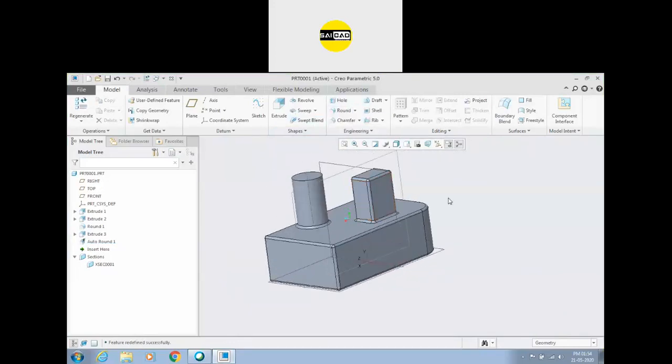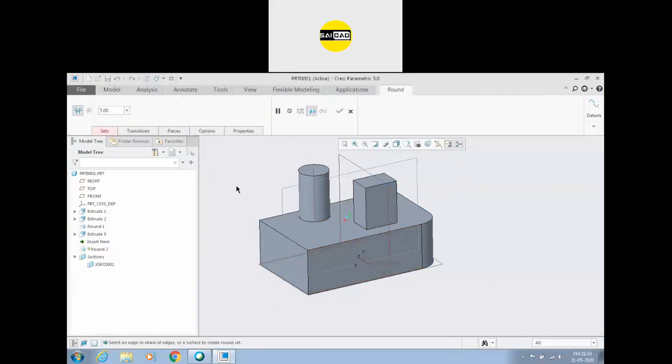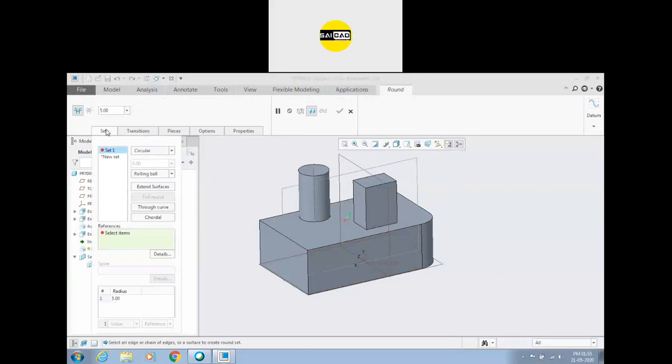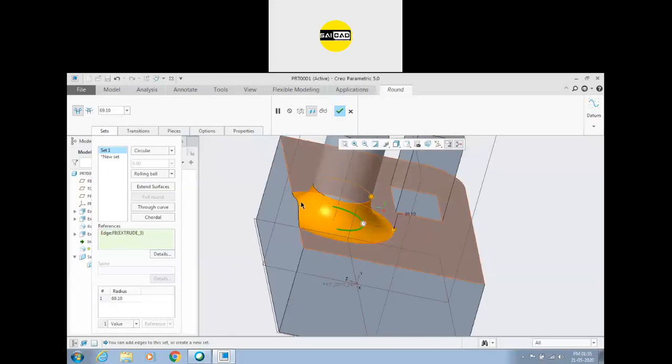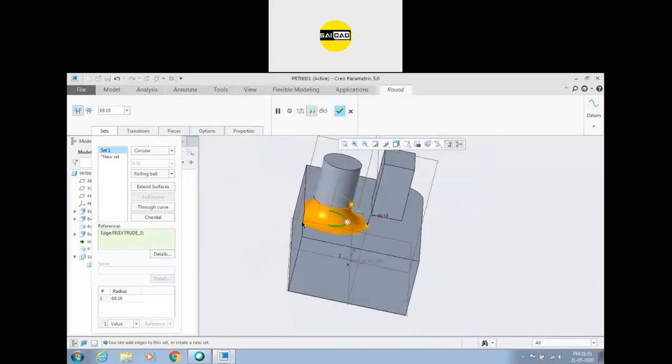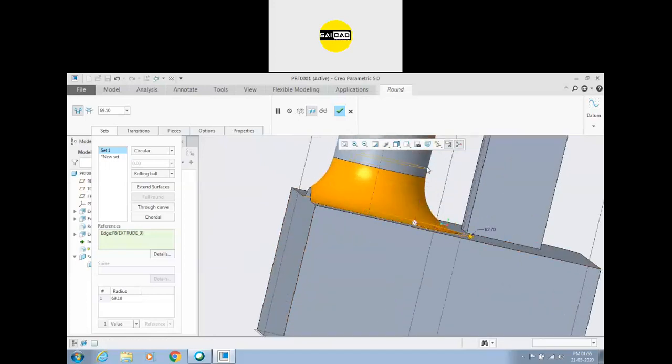Next we have manual round option, how you can create some rounds, some fillets on required edges, not all edges, some required edges. So go to the round, the shortcut is R, click here. Next you will see there is a red option. Now define the radius from here or here and select the edge where you need the fillet. You can move this cursor or these grips and you can create some fillet like this, and you can see the fillet will be applied till this face. It will not extend from this face, but it can be created up to some point like that.